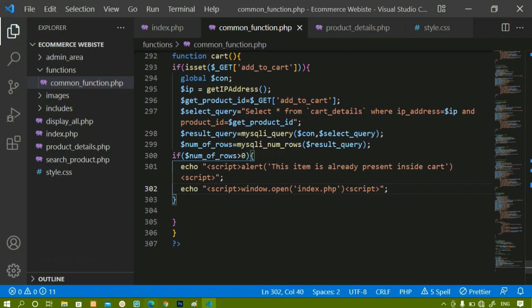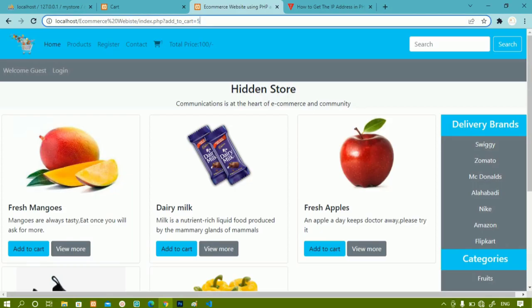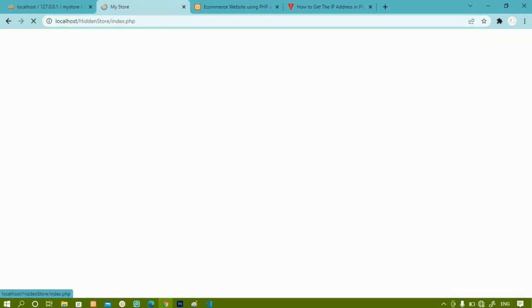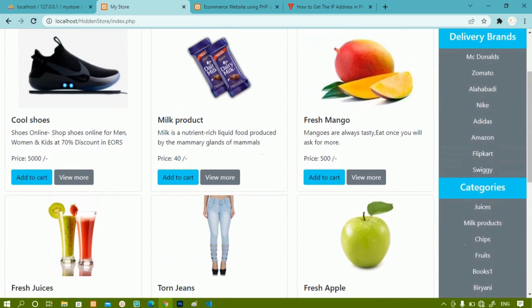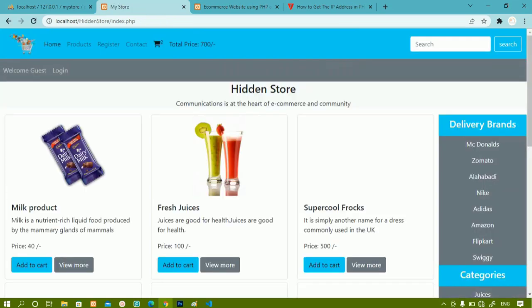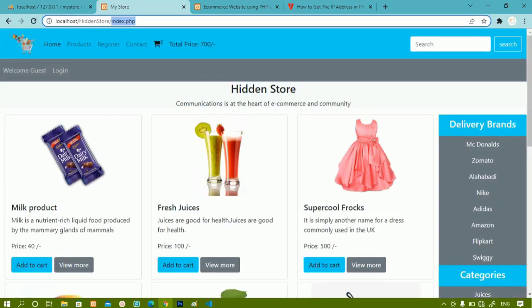I will save this and come here. I will show you the demo of this. I will refresh this one and come to home. Now apple and mango are already added. Now again when I click on mango, you can see this item is already added into the cart. I will click on OK. As soon as I click on OK, I am redirected to the index.php file, and also I am present in the